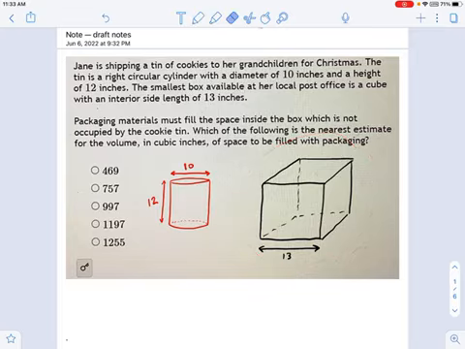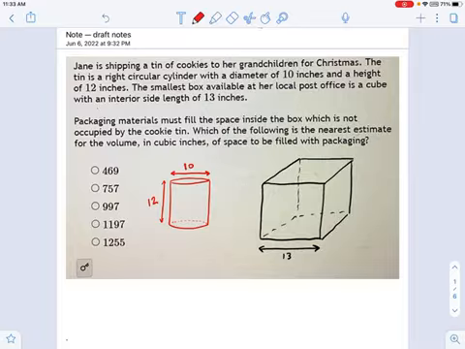In other words, if there's no packaging included, the cylindrical tin is going to rattle around and the cookies are going to all crumble. So we've got to pack in some styrofoam peanuts or something in order to fill the dead space and make sure the tin of cookies doesn't rattle around during shipping. The question is, how much space needs to be filled with packaging? How many peanuts need to be bought, or newspaper, or whatever she's packing in here?